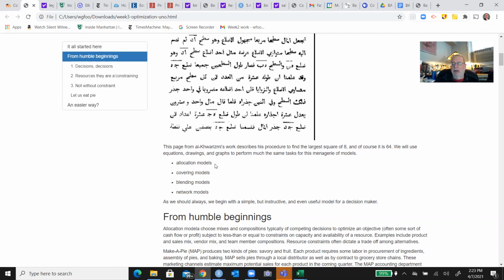There's allocation models. That's basically what we're going to be looking at. There are also things called covering, blending. Blending is kind of also what we're doing, and network. Now, this is the typical conventional way of looking at the menagerie of models, and there will be a separate video and a separate set of worksheets that will illustrate some more of these models. We are actually going to use a network model